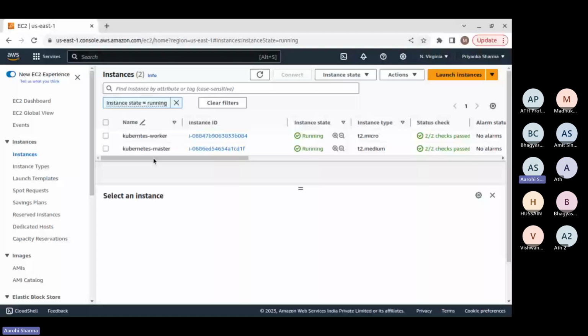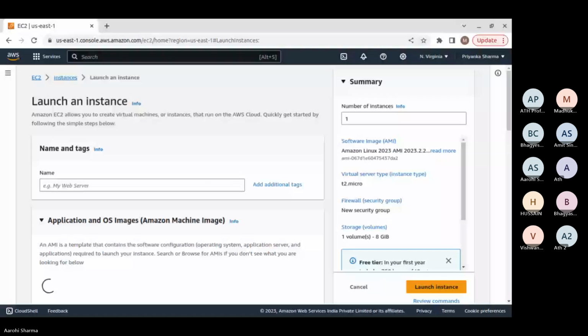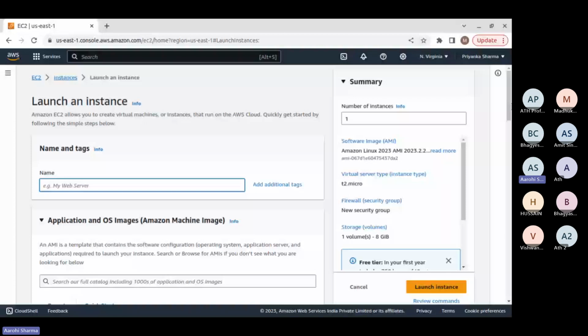So guys, what I'm going to do, first of all, I'm just going to launch one master machine, that is CentOS 7.